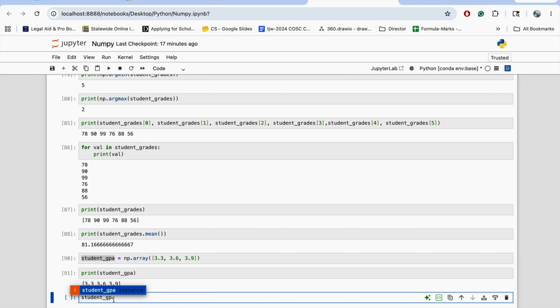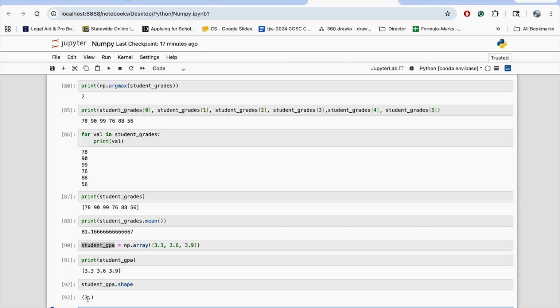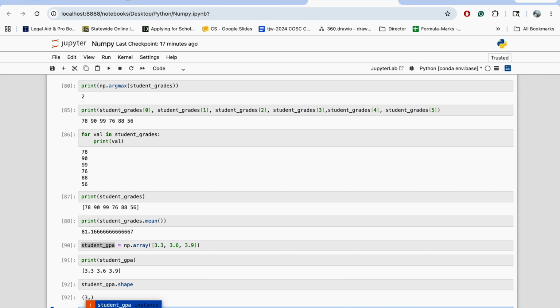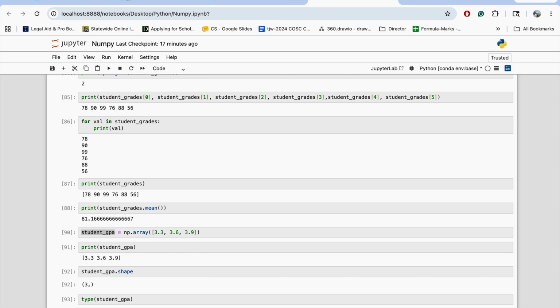it's one square bracket around these values, and it's a one-dimensional array. Can we use shape here? Yes, the shape is 3, it's just one row with 3 values. And an important thing: if you look at the type, you will see that it's a NumPy ndarray. These are decimal values. Compared to a list, there is one difference that we'll see in a few minutes. Again, I will explain that in a few minutes, but before that,